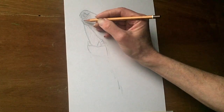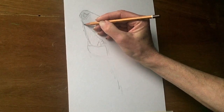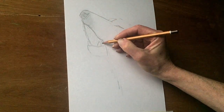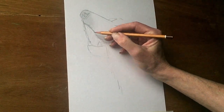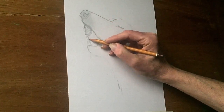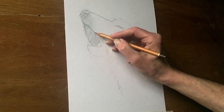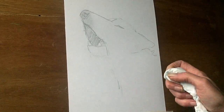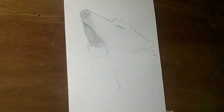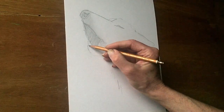Again, refining the shape of the mouth. We've got the sort of furry edge of the lip on the far side. The inside of the mouth is just totally dark. We can't see any teeth or anything like that. So again, if we shade that, begin with a fairly reasonable tone. We can add more tone to it later on if we need to. So we don't need to go too dark too soon. Don't worry about shading over the teeth, because we can lift that shading out, make his teeth nice and white,